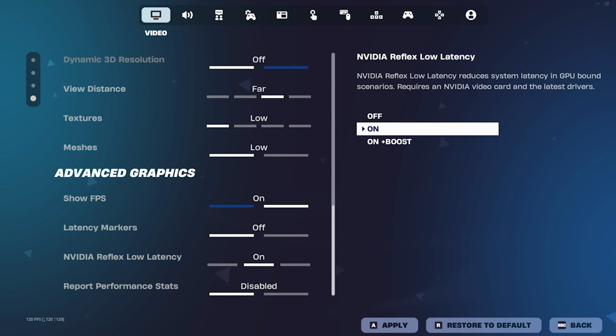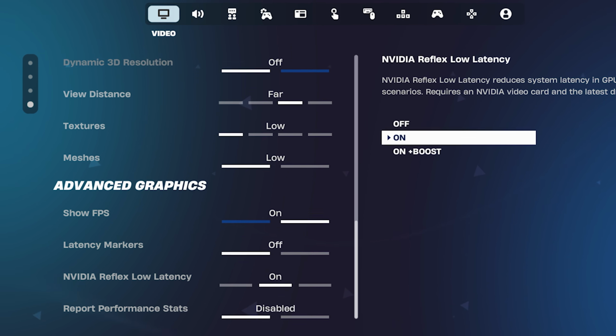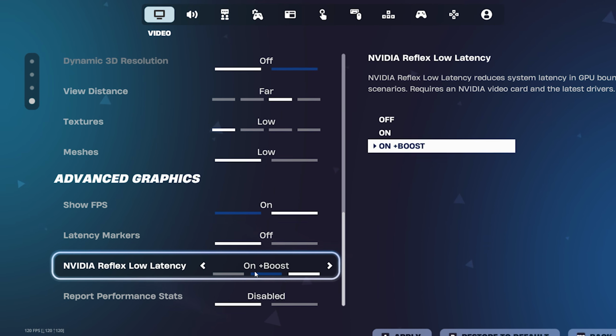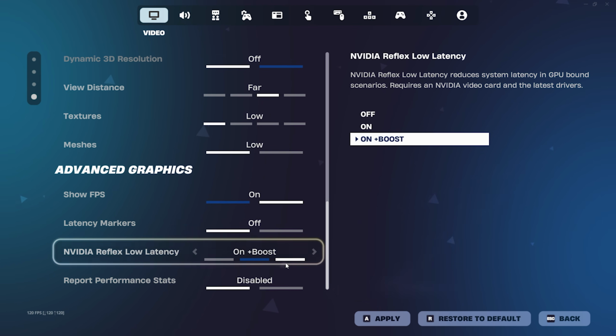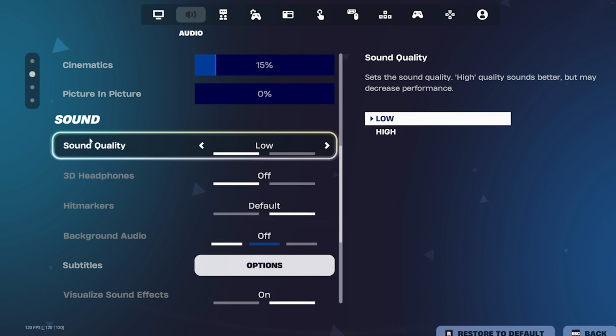And the Nvidia Reflex Low Latency mode you definitely want to put at least to On, because it drastically reduces the amount of input render latency. And if you have a very good PC with decent cooling, you should also utilize On plus Boost, which is just going to make sure that your GPU clock speed is always higher, therefore resulting in more consistency. Move over to audio, and here, of course, guys, you want to put your sound quality to Low,